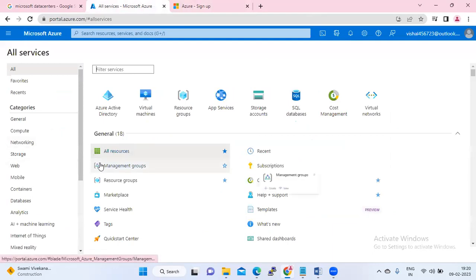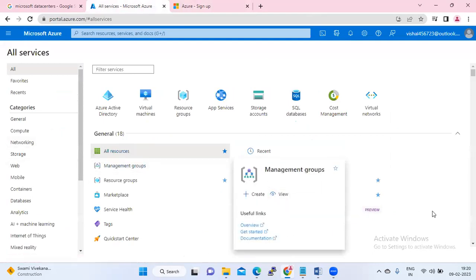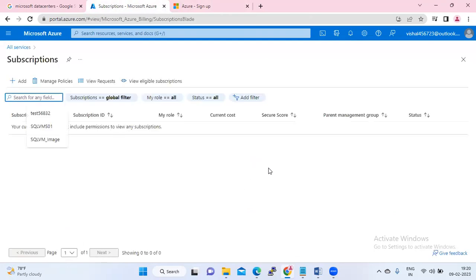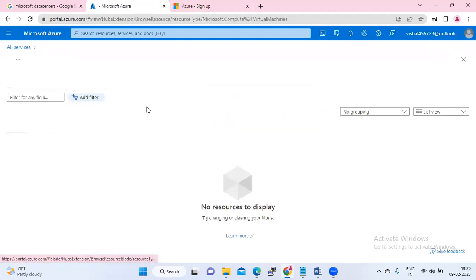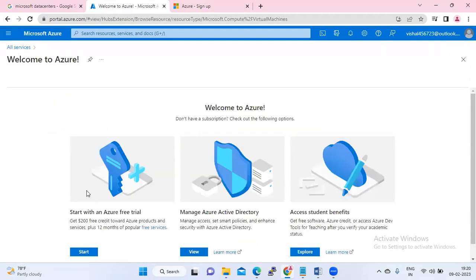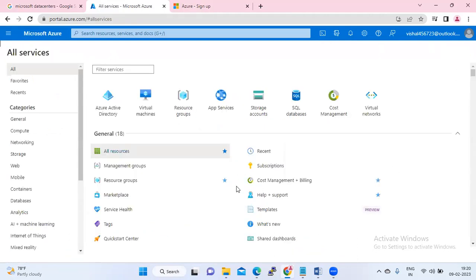Right now, let's see the subscription. It is still not activated. There is no subscription name or subscription ID. If you try to create anything, it will take you back to the sign up screen. Today I will brief the portal. Once you log into the portal,